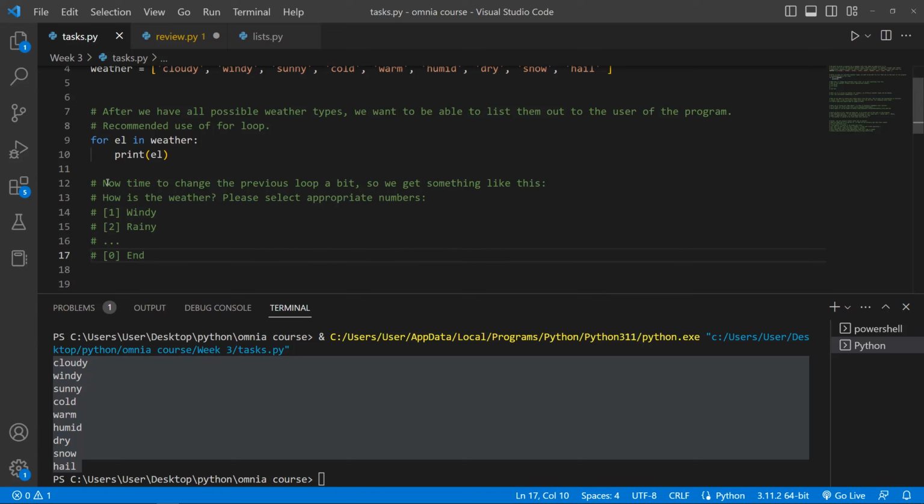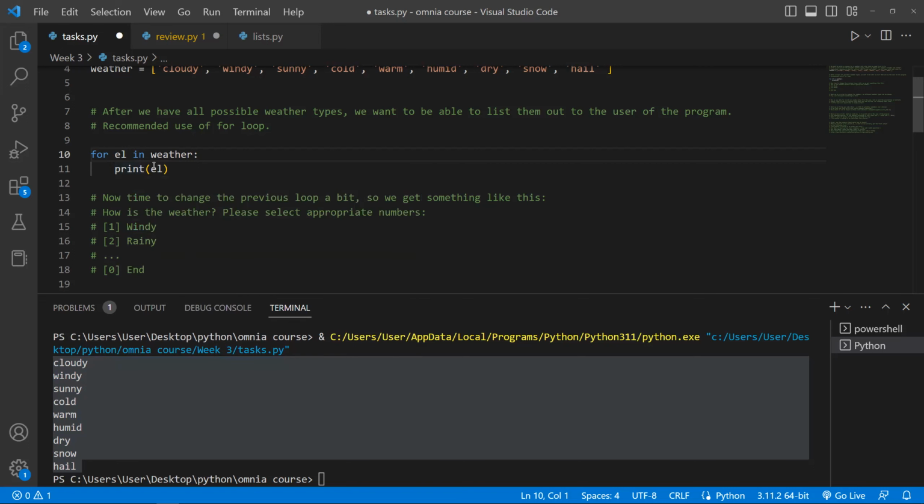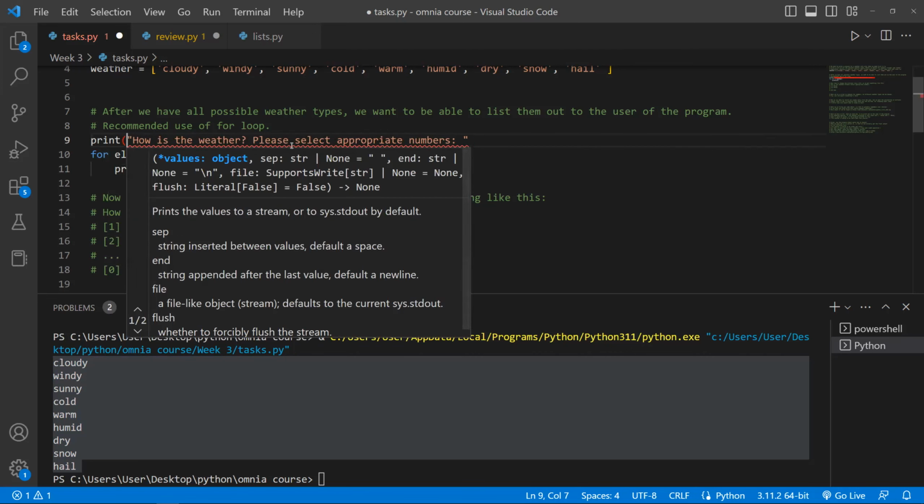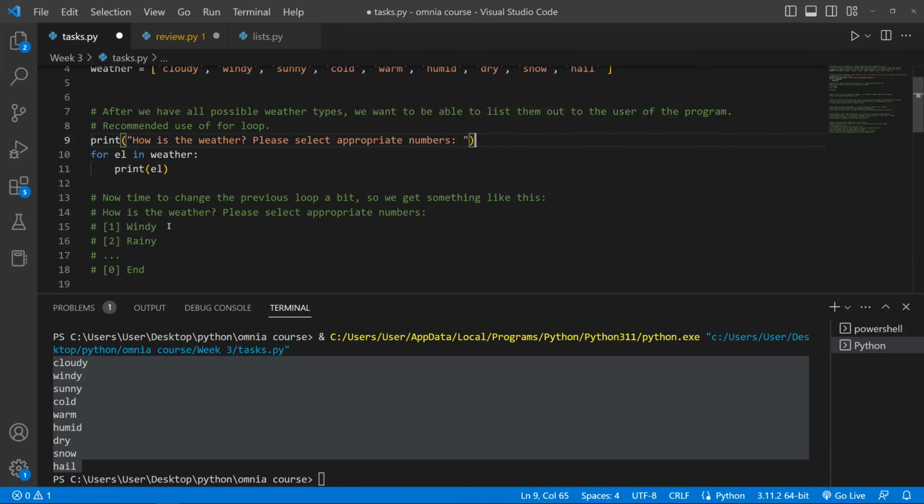So what we do is change the loop a bit. Actually, it can print out some nice things. The thing is, we ask for the loop to print how is the weather. So we just put it inside the apostrophes and just type print. If we place this one in the loop, it will print it every second line, so that wouldn't be very forthcoming. But in this case,